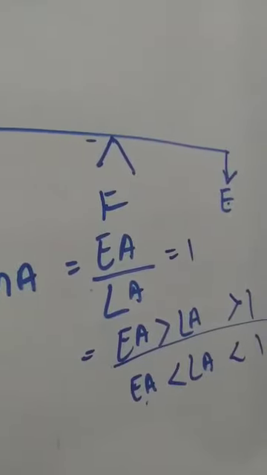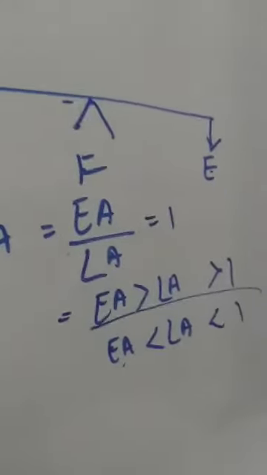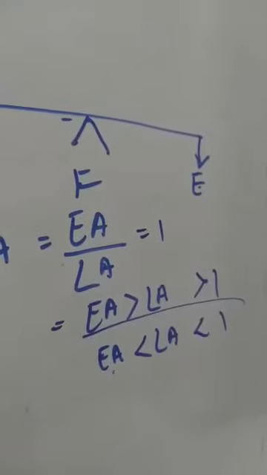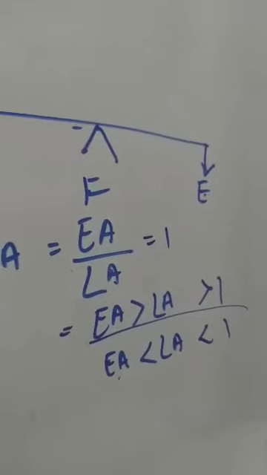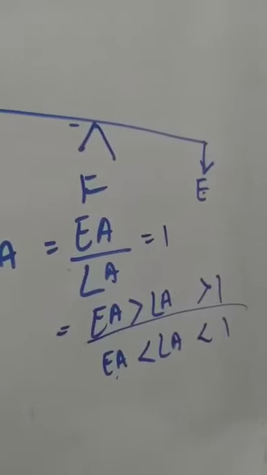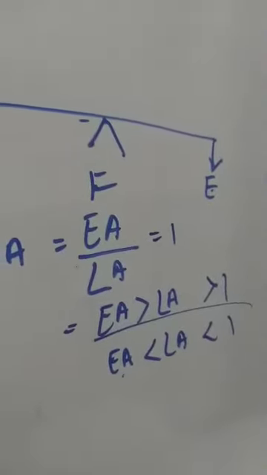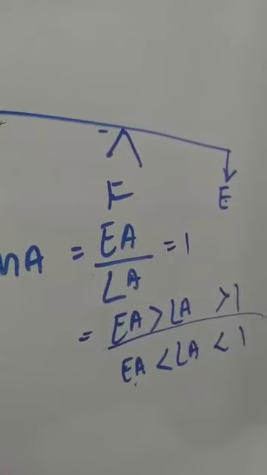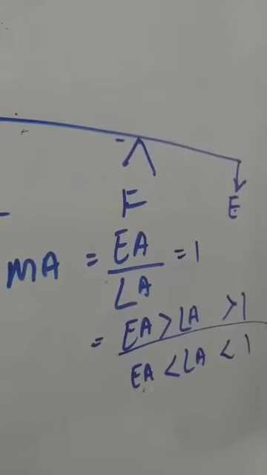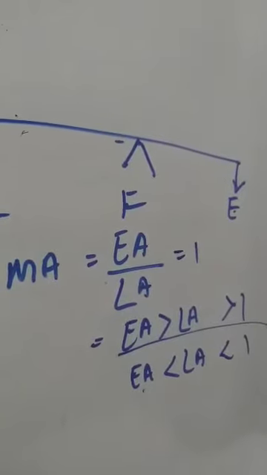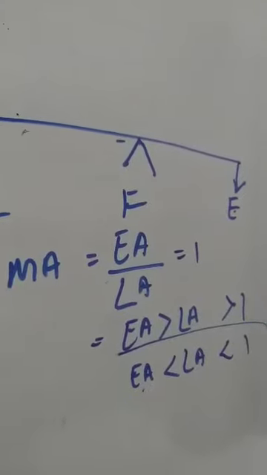So class 1 lever can have all the 3 parameters applicable: mechanical advantage equal to 1, mechanical advantage greater than 1, mechanical advantage less than 1. All 3 are possible with the class 1 lever. Like seesaw, as I had told, is the first case when mechanical advantage is equal to 1. For the other 2 cases, take a plier and a scissor. Both are class 1 levers. Now in a plier the effort arm is longer and load arm is smaller, so it acts as a force multiplier.